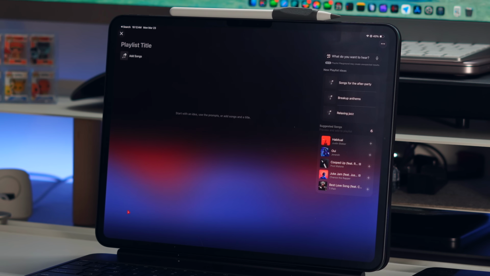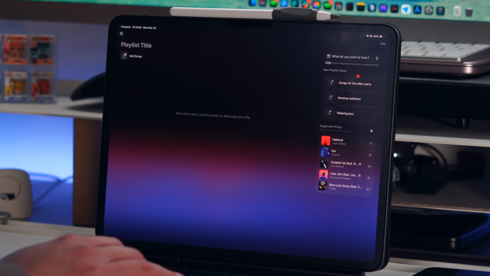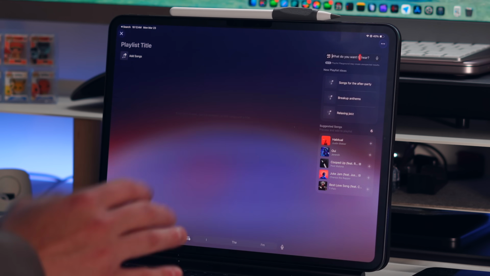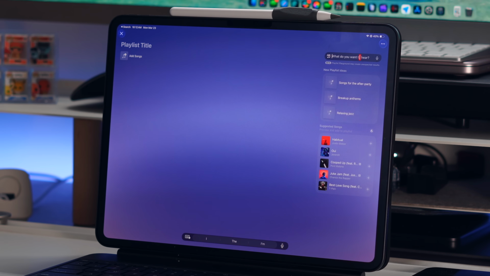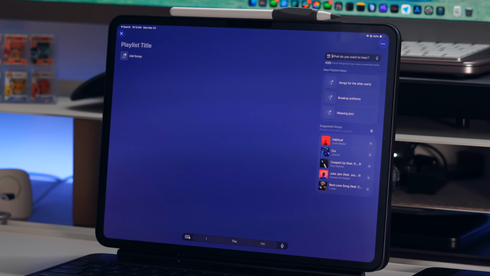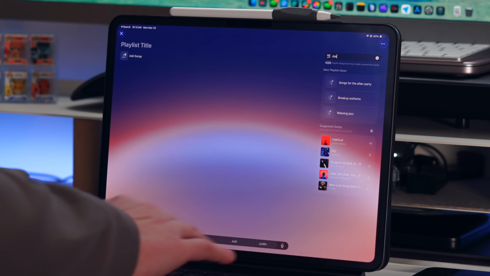So if you go into here, you get this beautiful new UI when you create a new playlist. You have some predetermined prompts over here. You have some suggested songs, and it's basically just a place for you to put in a prompt and actually have Apple Intelligence create some sort of playlist for you. So if I type in, let's say something like Justin Bieber,